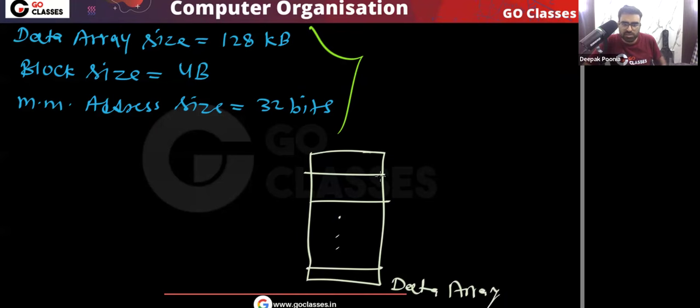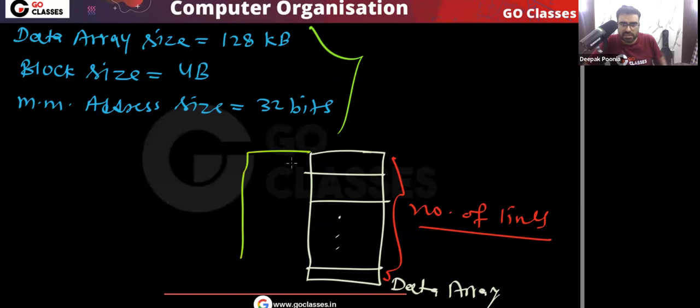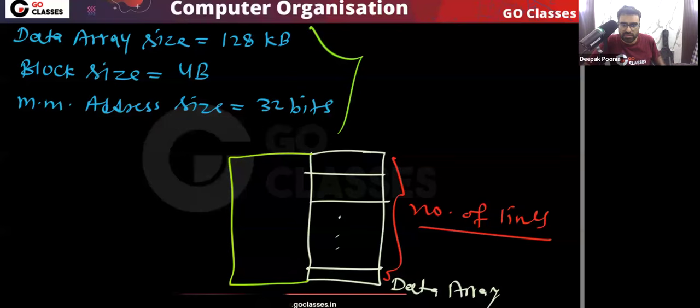Here you can notice, this is the number of lines. Correct. Now you already know that associated with every line there is a tag stored. So I can say this is basically the tag array. Let me make this diagram. This is the tag array,